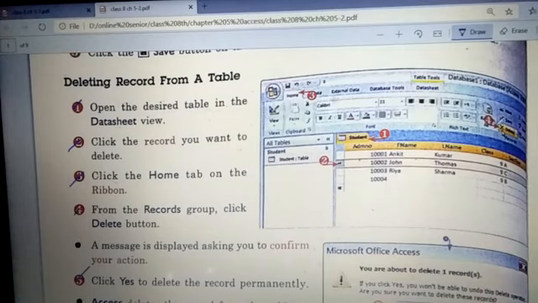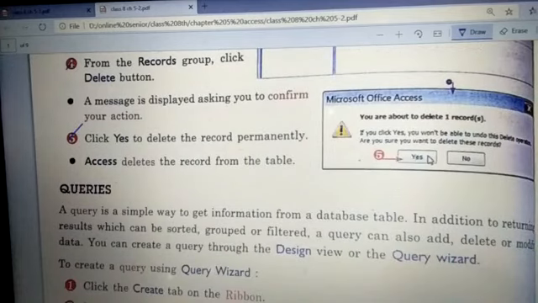Then fourth is to show this Delete option that is in the Records group. So fourth step is here. You need to show this. Then after that, that message box also comes, dialog box also comes. So this also you will show, and because it is showing step 5, you have to indicate step 5 as well. Then and then only you will fetch marks, children. Fine.